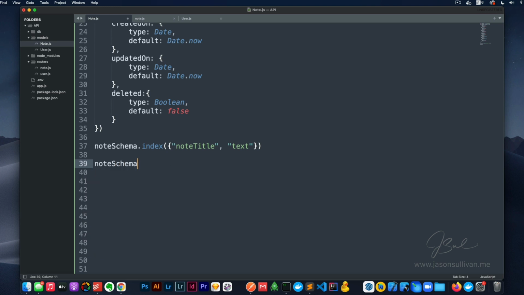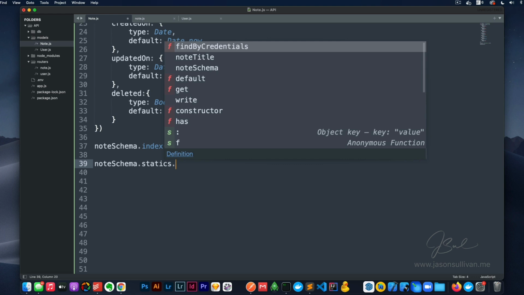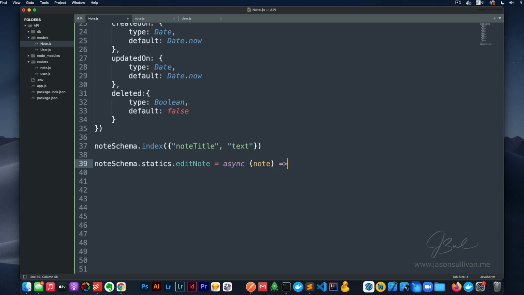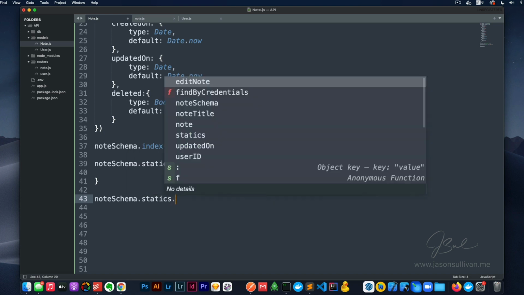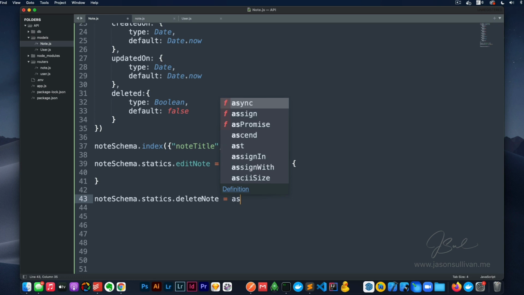So we'll do note schema dot statics dot edit note equal to async note, passing the note there. And then we'll do note schema dot statics dot delete note is equal to async